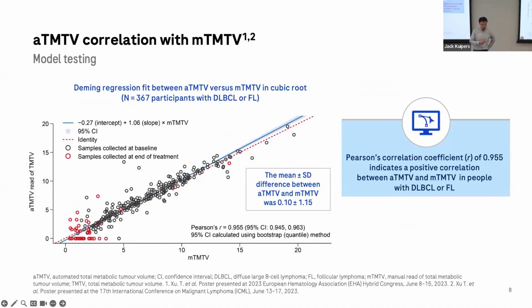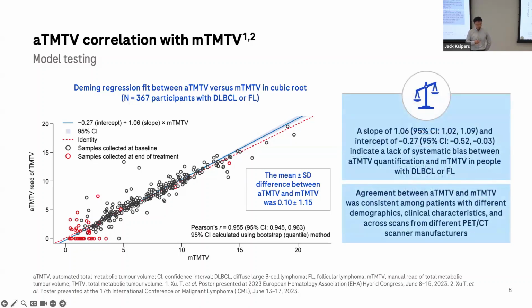Here is the comparison between the auto TMTV read result versus the manual TMTV read result. Overall, the performance with regard to the correlation was in general good, above 0.95. Looking at the potential bias, the slope of the regression line is a little bit above 1. In the perfect case, we should have x equals y, shown as a dashed line, but maybe due to some lower sensitivity in detecting the lesions for samples with low TMTV values,